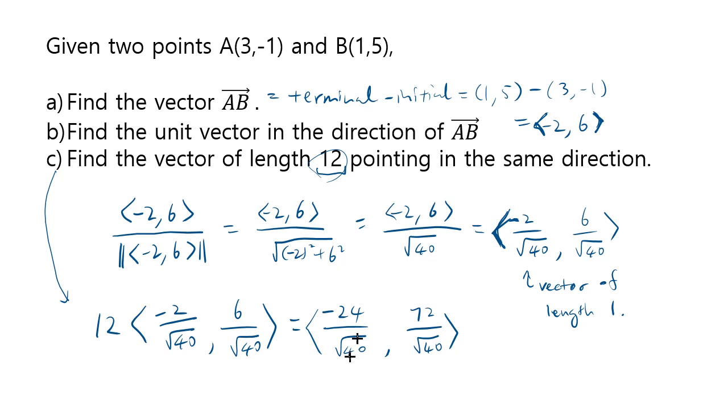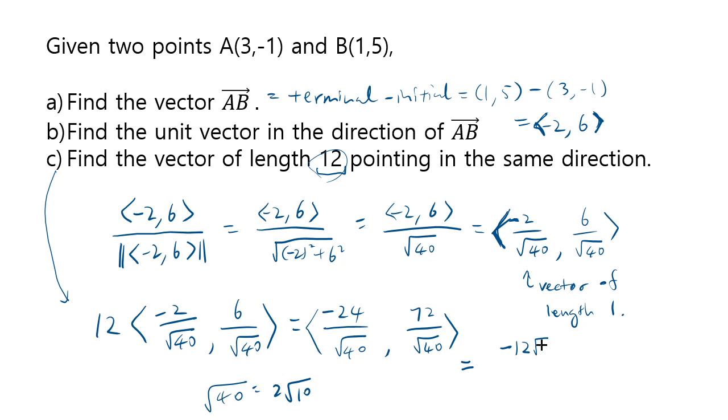Okay, so depending on your question, some of them would just need a calculator to give you the approximate value for these, or if the question wants an exact value, you can multiply square root of 40 top and bottom to rationalize the denominator, or actually 4 comes out as 2, right? So square root of 40 is the same thing as 2 times square root of 10, so you first change this and then you multiply square root of 10 top and bottom, and the result will be something like this: 12